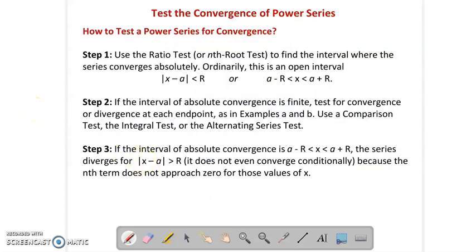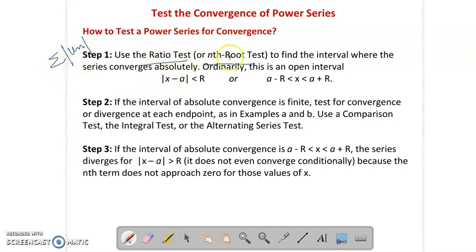Next, these are basically the steps that you need to follow to test the convergence of a power series, right? So given a power series, if you're asked to test the convergence of the power series, then which way should you proceed? You must have understood the way by a couple of examples that we have discussed. The first step is to use the ratio test, or you can also use the nth root test. Look at the terms of the series, whichever test is easy to apply, go for that test, right? So use the ratio test, but where are you using the ratio test? Not on this series summation un. You are using the root test or ratio test on this series of absolute values, right?